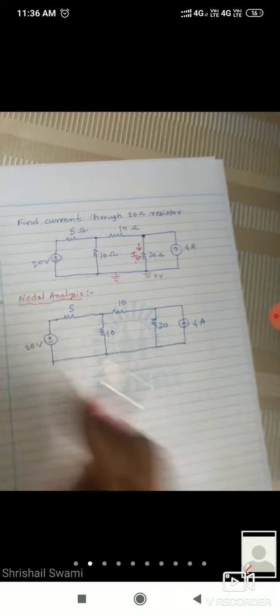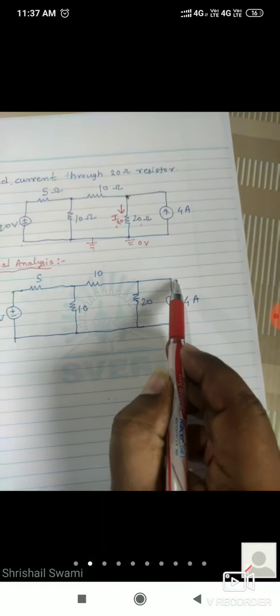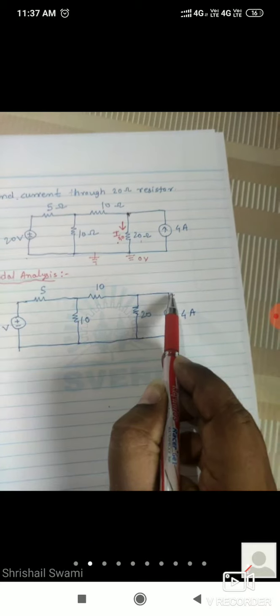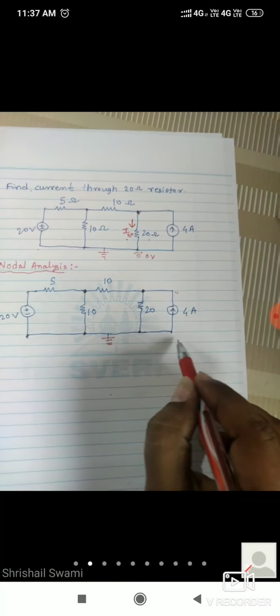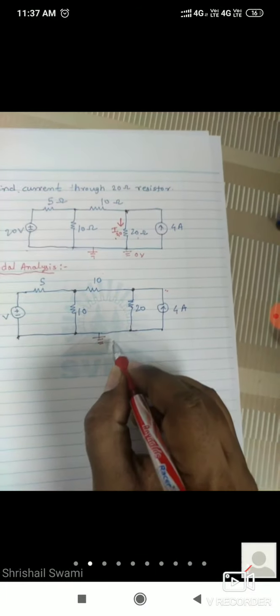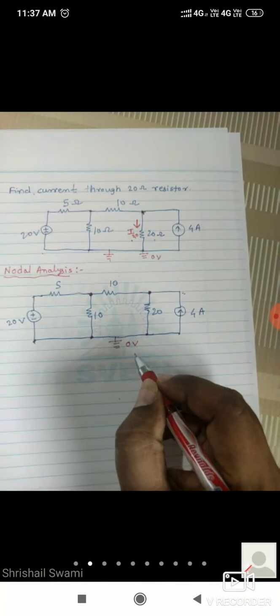Now what is the first step? Identify the number of principal nodes in the given network. This is not a principal node, this is a simple node. This is a simple node. Okay, so the principal nodes are this one, and these all are the same. All these 4 points are the same. So in between I will write all 4 points are the same point, because they have the same potential. So this will be the third one, and I will assume it as a reference node, the ground node.